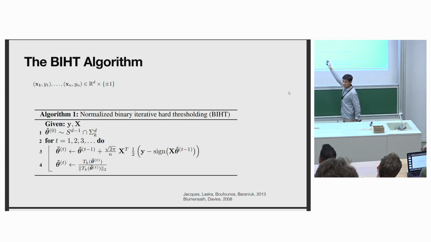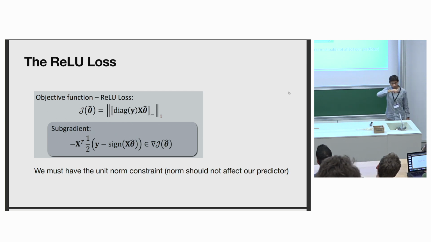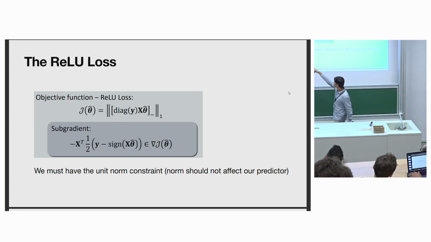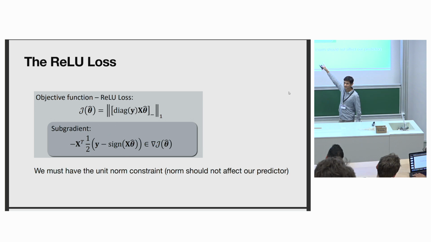This gradient is the gradient of that loss function, which is the ReLU loss function. So it's the max of these two quantities, 0 and minus y x transpose theta. So that's the ReLU loss. You see, when we take theta to be 0, the value of the loss function is 0. That's why we had to impose some regularization when working with this loss function. That's why we are normalizing. We took theta to be unit norm, and we have normalized it. So this is actually a subgradient of that ReLU function.